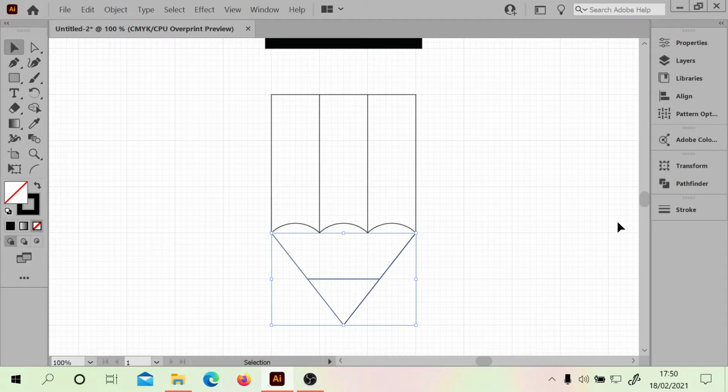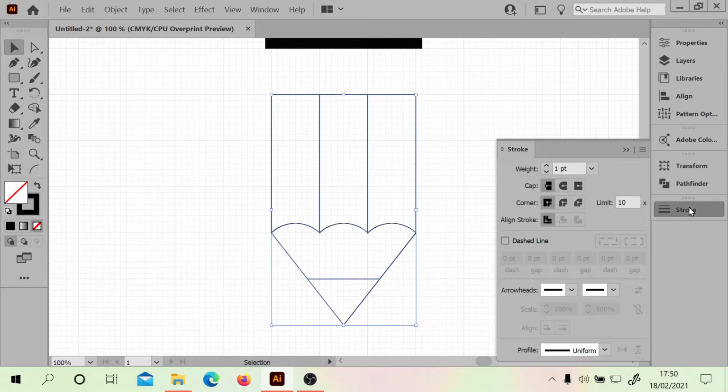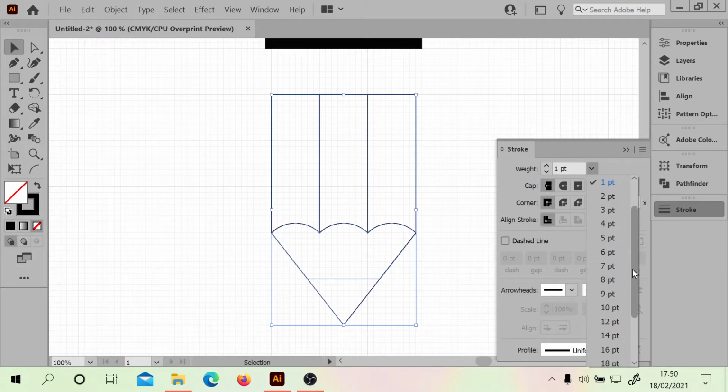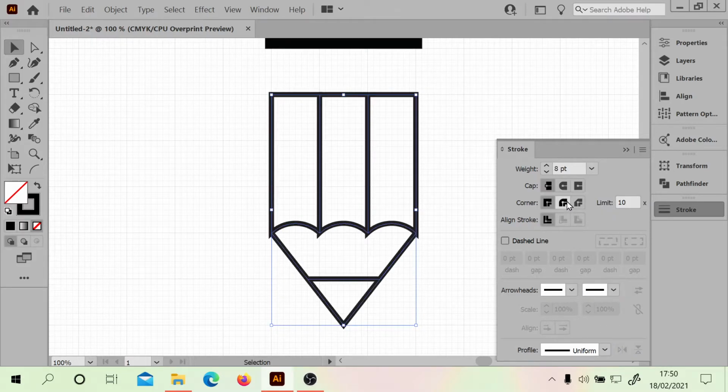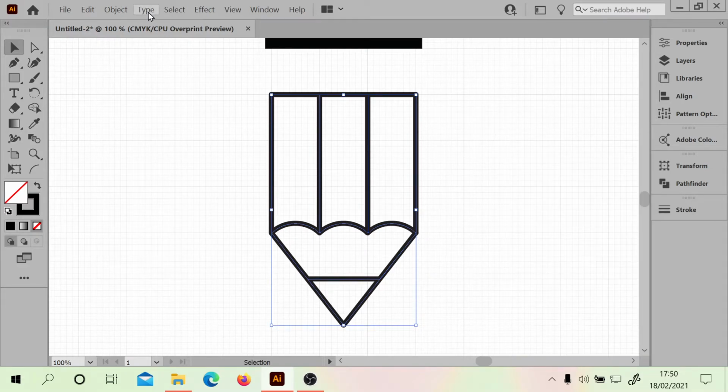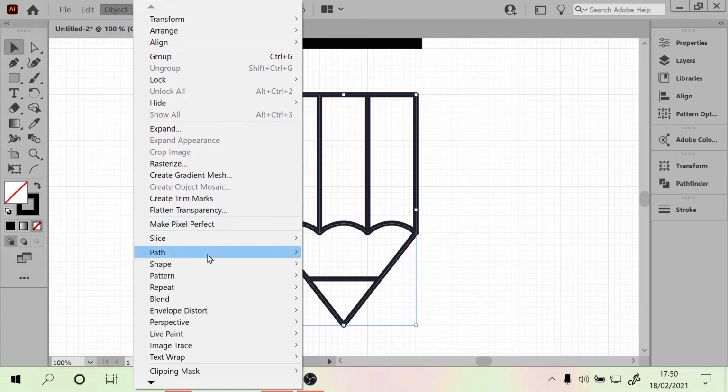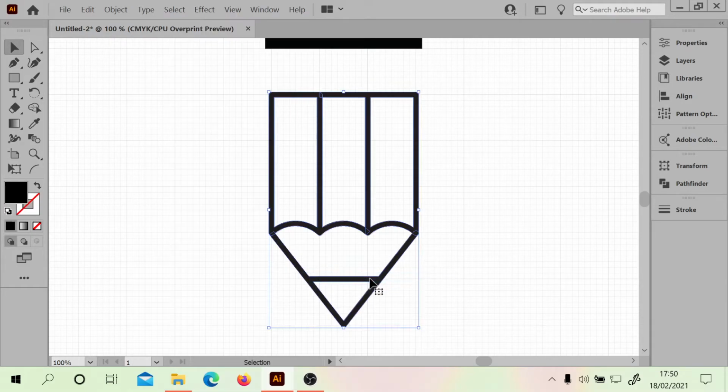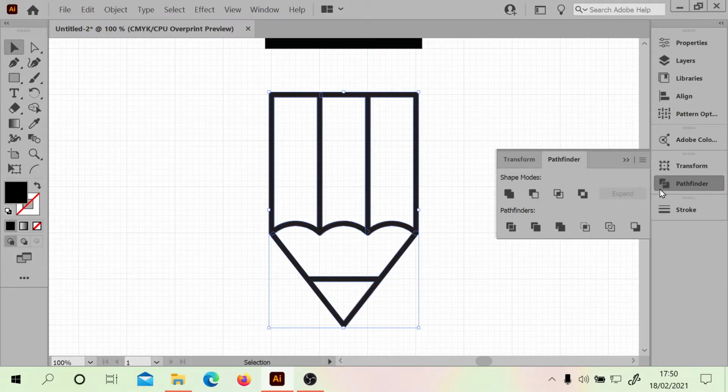Okay, so then we can select this thing and we can change the stroke to 8 points maybe. And we'll do rounded caps. You see a little bit's got knocked off there. We can also go to the path, do outline stroke. And then we can go to the Pathfinder and we can alt click and expand to make a compound